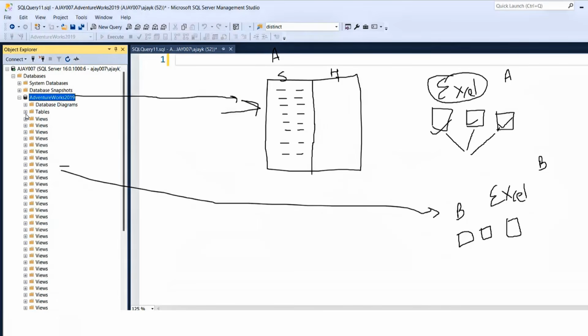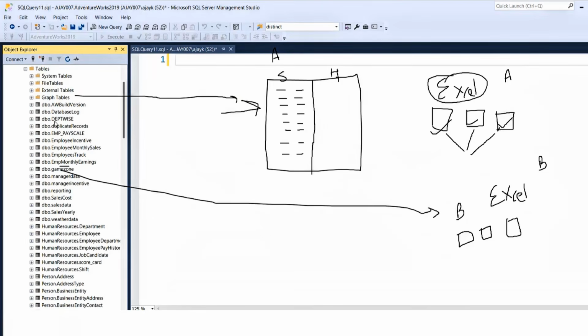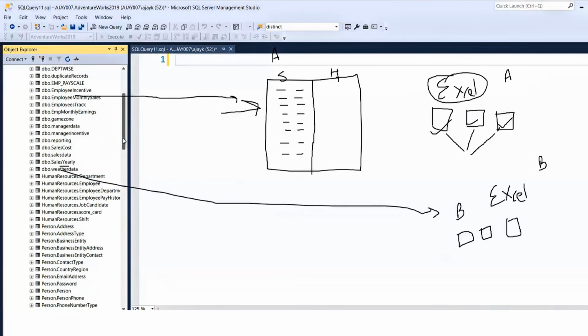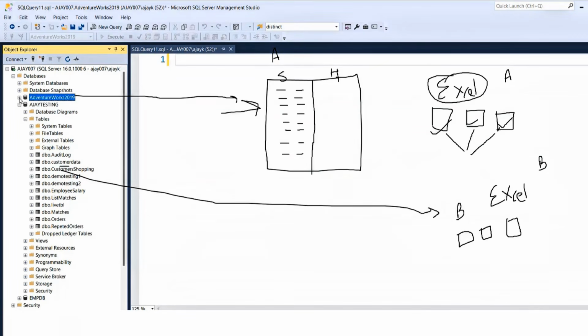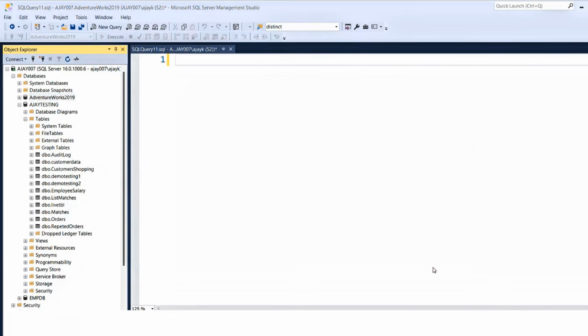And what about this? If I go in this database, you see, now this is something we have downloaded from Google. So you will see here tons of tables. These are all the tables: address type, password, email address. There is something before the dot, DBO, human resource, that I'll tell you. Don't worry. All I'm trying to say is that when we are going to work with the SQL Server, we should be comfortable with these terms: database, tables. And in the table, we have information.